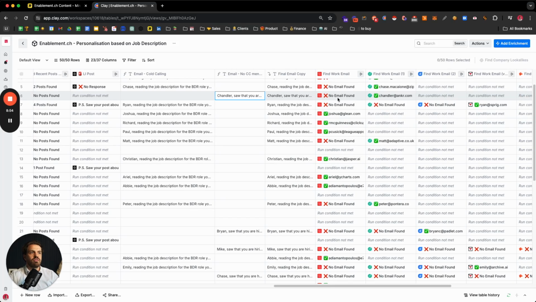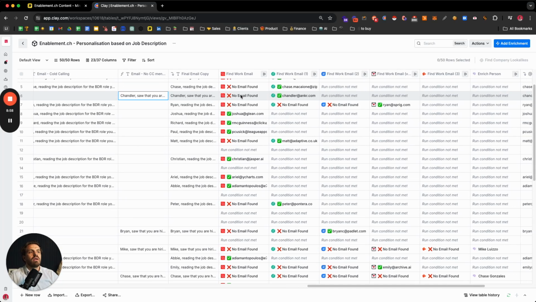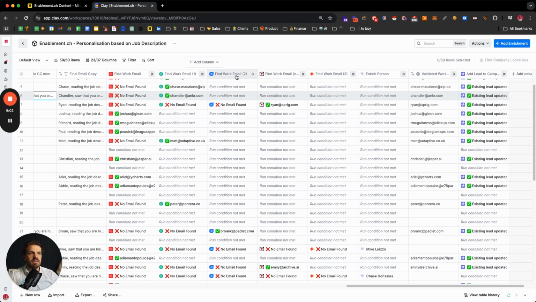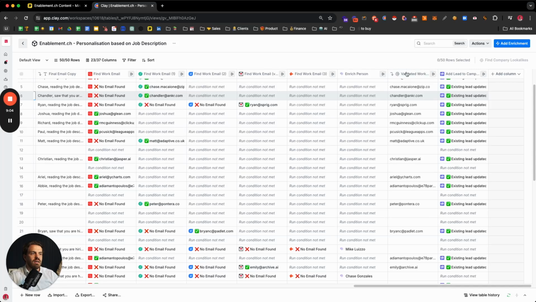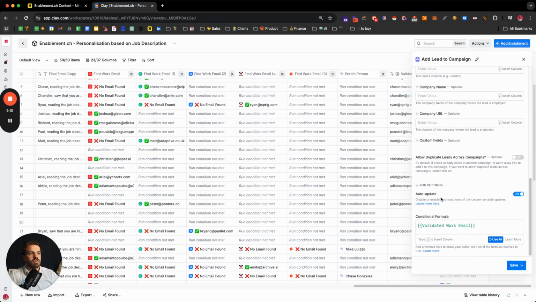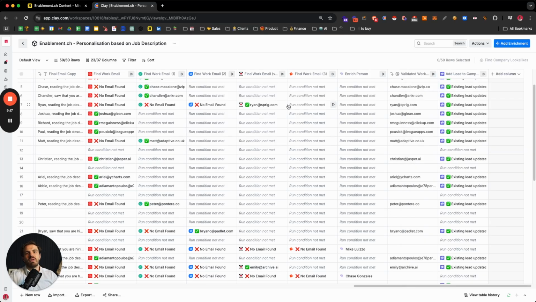Now all that's left to do is actually find the email. We've enriched all of the beautiful things, and now it's all about finding the emails. Clay easily waterfalls through that, and we have the emails. We can then just add that to SmartLead. Basically all you will have to do is the custom token email, and you will be good to go.